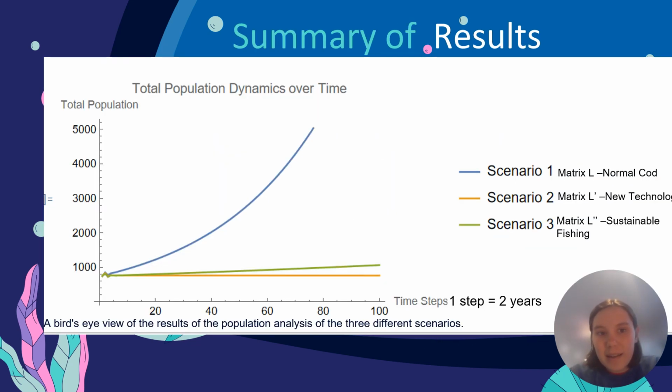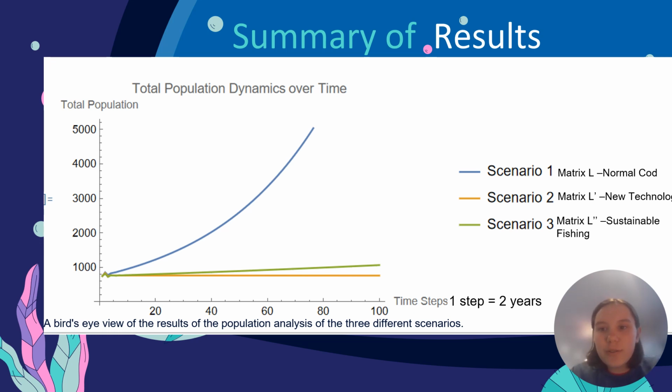So the summary of results, just to give a quick recap of what I did. The major results found that the natural population of codfish will increase at an exponential rate starting in about 8 years. This will increase unbounded if left untouched, which could be detrimental to the ocean waters that could become overrun